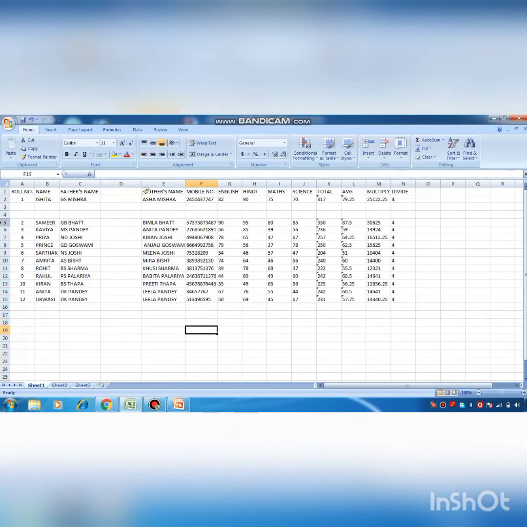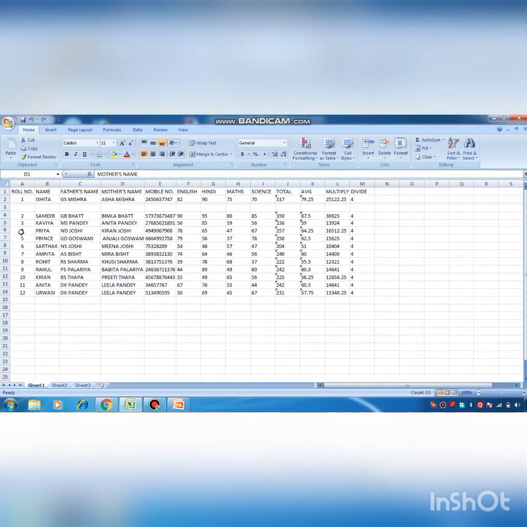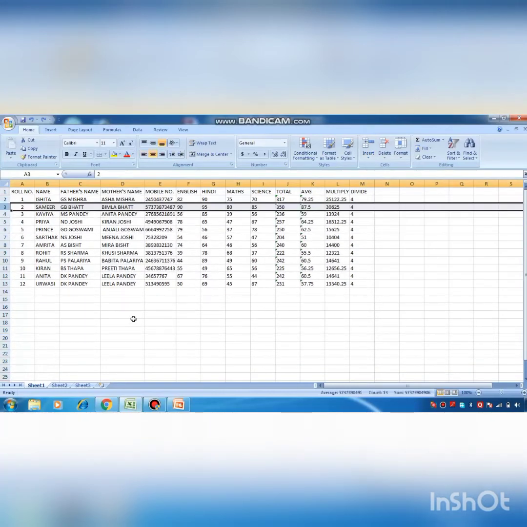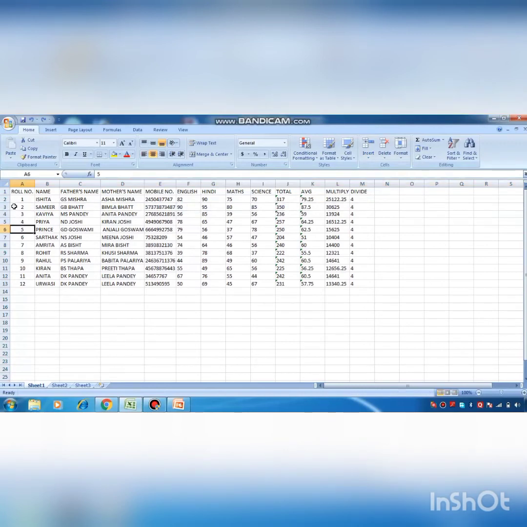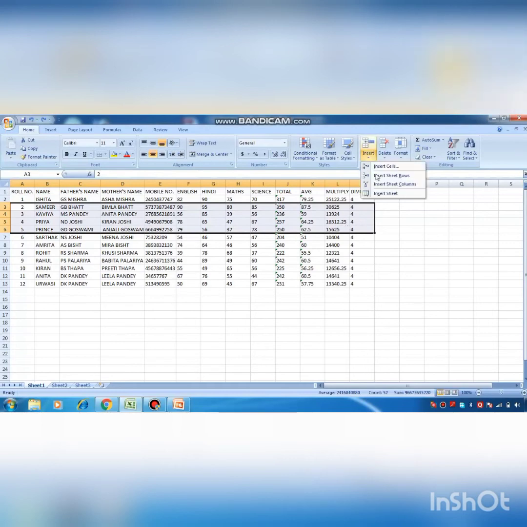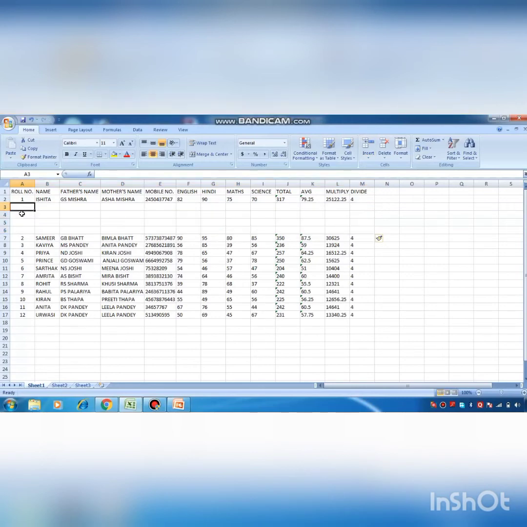Clear? The next is, if I want to insert multiple rows and multiple columns, I just select the number of rows like this, and click on Insert and Insert Sheet Rows. Here you see 1 2 3 4 rows are inserted.